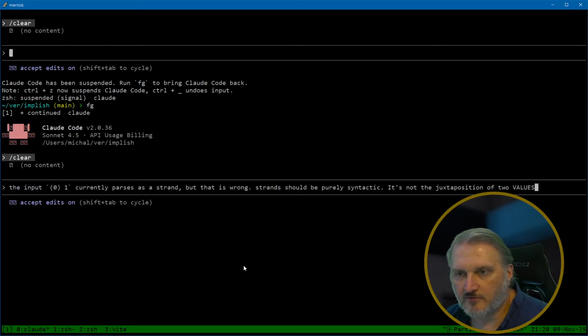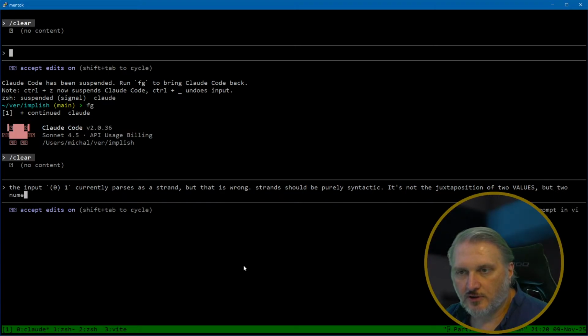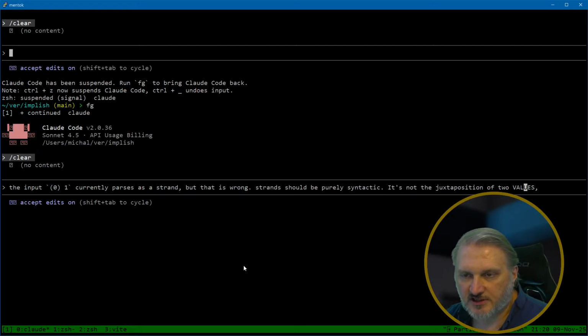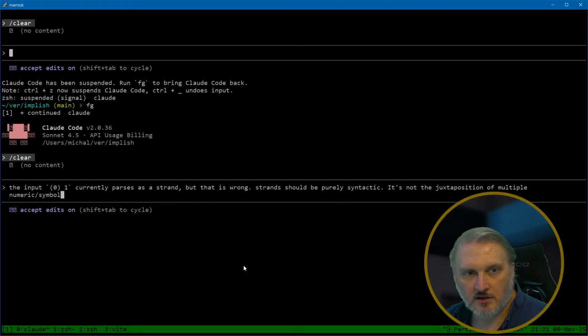Of two values, not just the juxtaposition of two values, but two numeric tokens. I was going to say multiple. I'm going to change two to multiple. Of multiple symbolic values, but